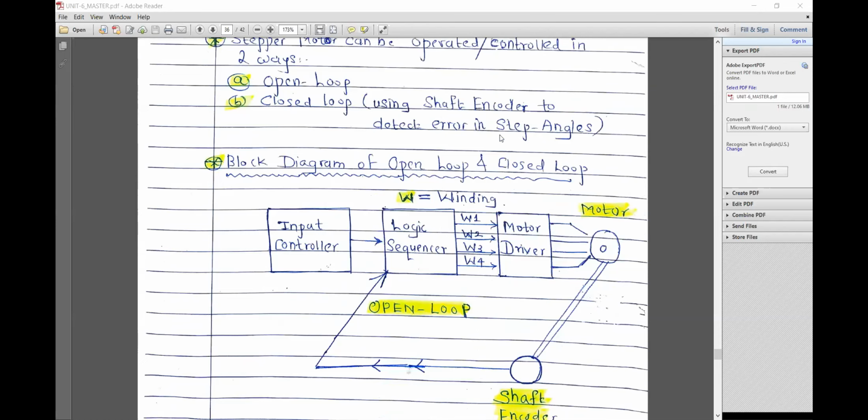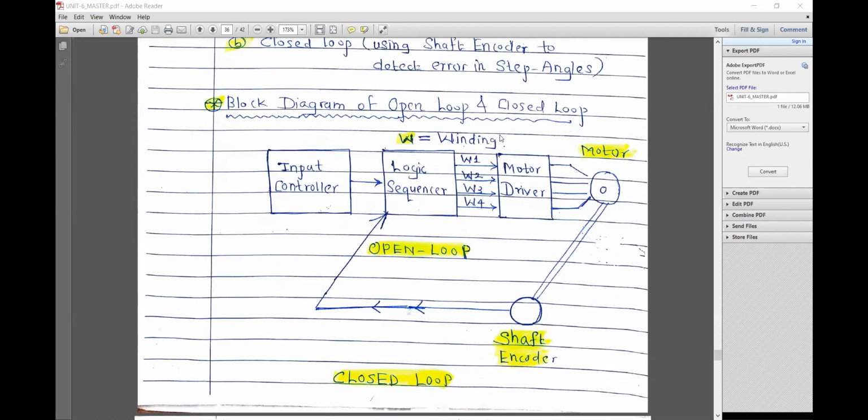Okay, fine. So now we go to this particular diagram, which is called open loop and closed loop. Very simple. The first block, are you able to see this block diagram? Yes, sir. Yeah. So first is a microcontroller. It can be 89C51, it can be PIC 16F84, or it can be Atmega, maybe ARM also. So a suitable microcontroller is used to generate the zeros and ones. That is the digital outputs, and they are given to the logic sequencer, which will generate zeros and ones in a particular sequence. And the logic sequencer will drive the motor driver.